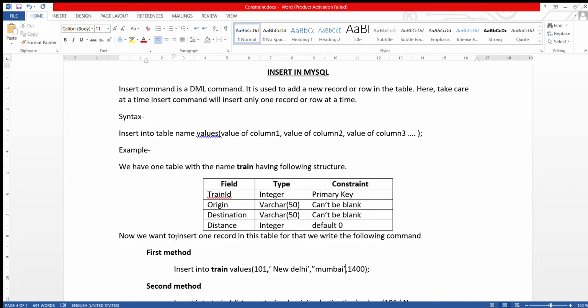Now I have used double quotes for the third column, that is destination. It means in an alphanumeric column we can use either single quotes or double quotes. Then again a comma, then the last column, that is distance. I have entered the value of distance, then bracket close, semicolon. So this is the first method to insert a record in the table. Now the second one.